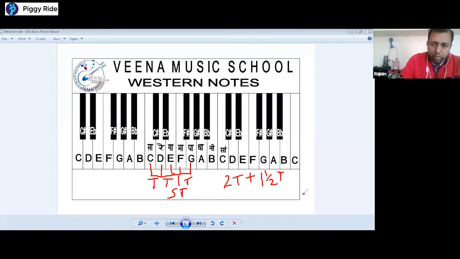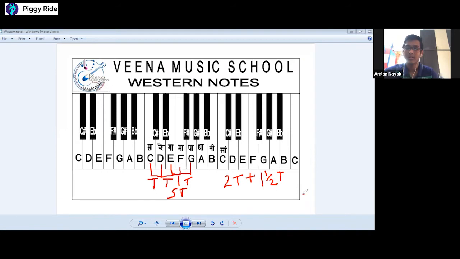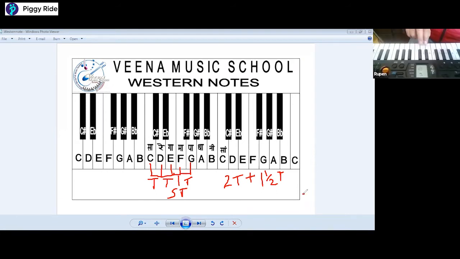So we have to go with the explanation of these chords. Like we used to play the chords. See, we use these three keys basically. Yes, sir. These three keys: the difference of C to D is a gap of one tone, D to E a gap of one tone, E to F there is no note between E and F. That difference is known as a semitone. F to G is a gap of one tone.